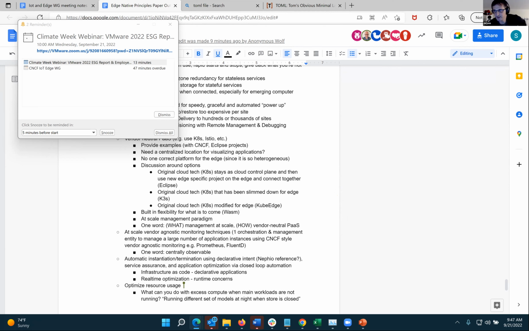Do you have any good pointers? Because I found some examples of what we are using to access devices from the containers and from the Kubernetes pods, but I haven't seen it officially documented anywhere. So